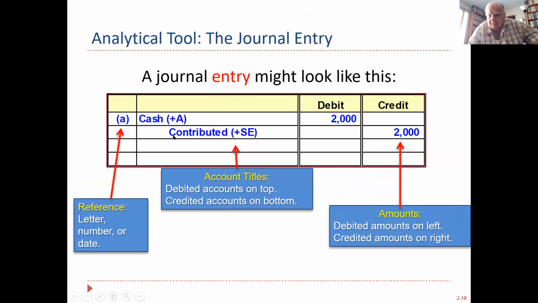Notice that the credit is indented. That is very important. That's the accounting convention in terms of presentation. It breaks up the look of the journal entry, makes it a little bit easier to figure out what's debited, what's credited, just by looking at this column. If you don't indent it, it doesn't affect the accuracy, but you're going to demonstrate to the world either that you don't know what you're doing or you don't care. You need to indent your credits. And you put the dollars here.